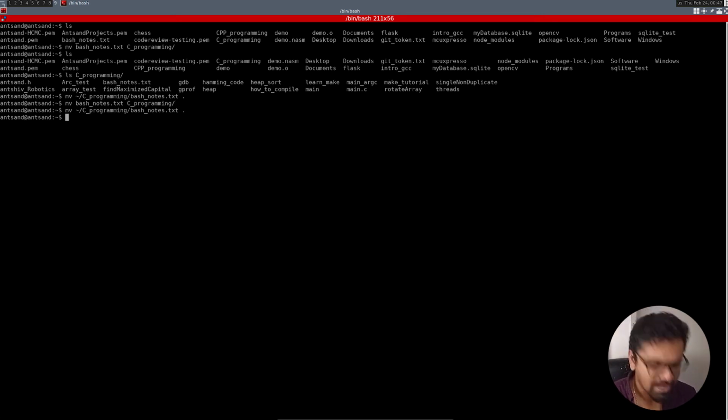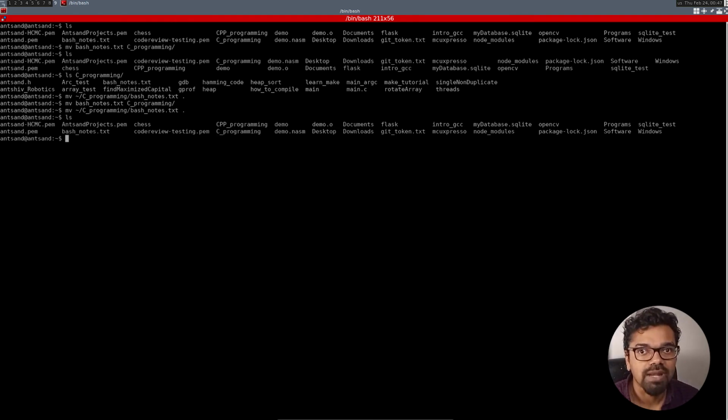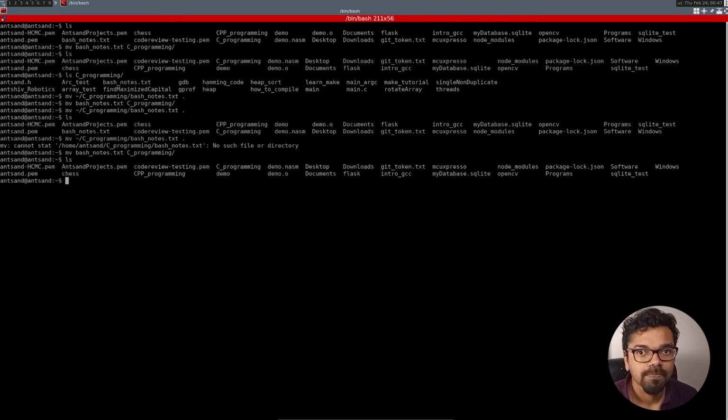Actually, you know what? I'm going to move it back to show you it's moved back. So we got bash nodes back. So now I'm going to move it back to the current folder. No, it's not there. Move it to here. So if I move this back, so now when I go to C_programming,